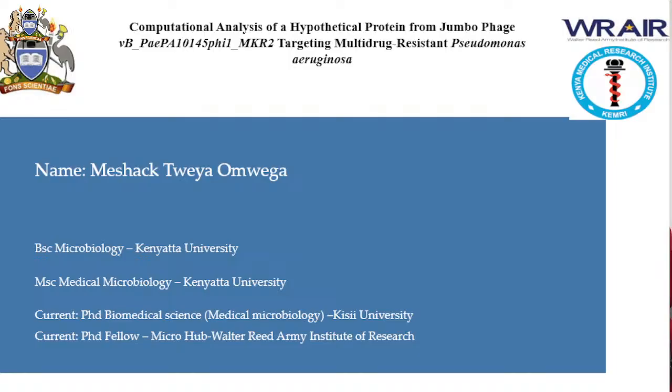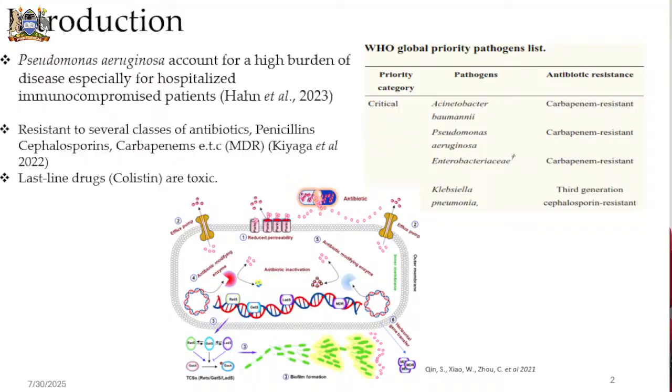I'm going to talk about computational analysis of a hypothetical protein from a jumbo phage. A jumbo phage is a big phage that has more than 200,000 base pairs. That's a phage that is isolated for a bacteria called Pseudomonas aeruginosa. Pseudomonas aeruginosa is a clinically relevant bacteria because it has become resistant to several antibiotics. When a bacteria is resistant to more than one class of antibiotics, it's called a multi-drug resistant